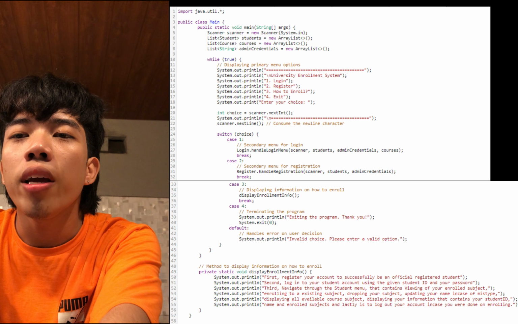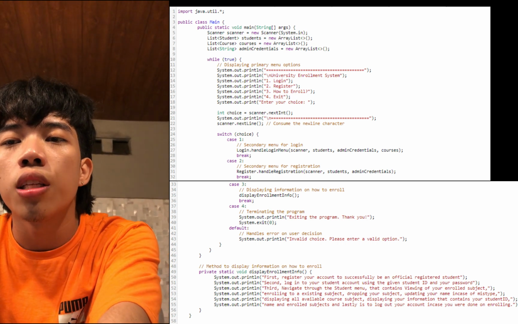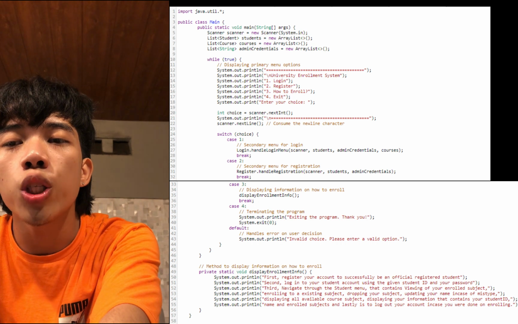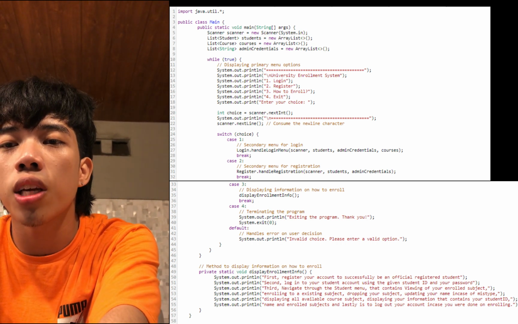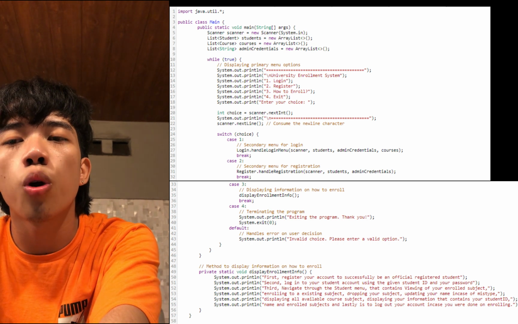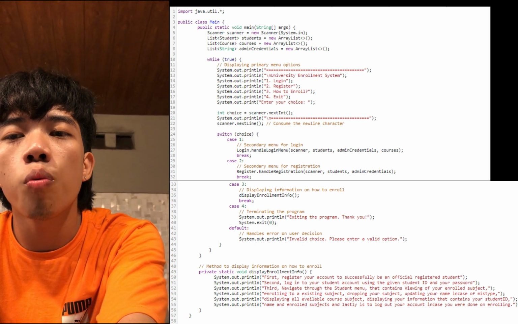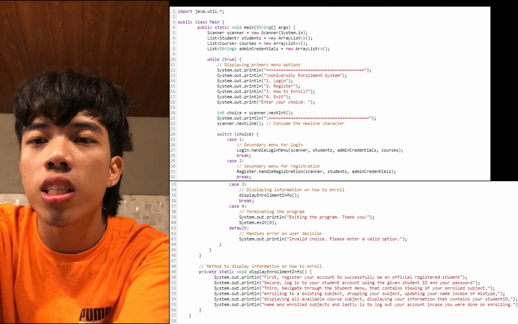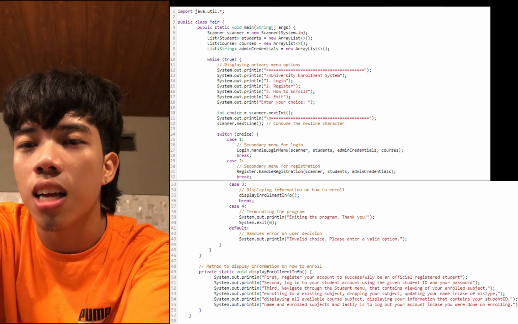A menu is shown which the user can choose what they want to do. The user will press or enter 1 for login, 2 for register, 3 for how to enroll, and 4 to exit the program. We use the switch case statement to execute the choice input by the user. Case 1, if the user enters 1, the notation to call the method handleLogin menu is the Login class. Case 2,